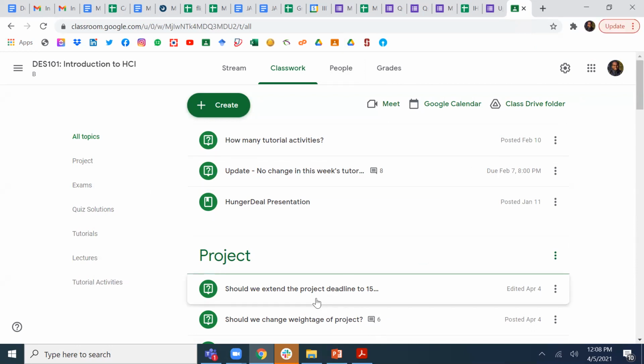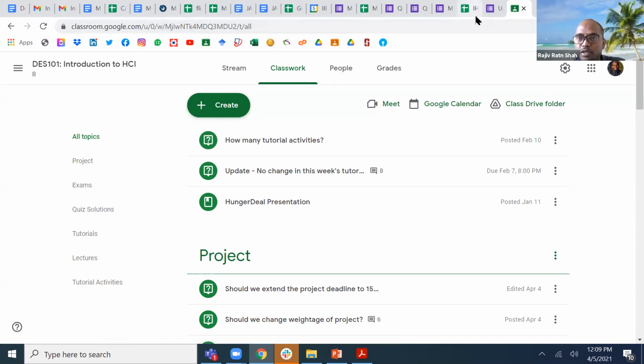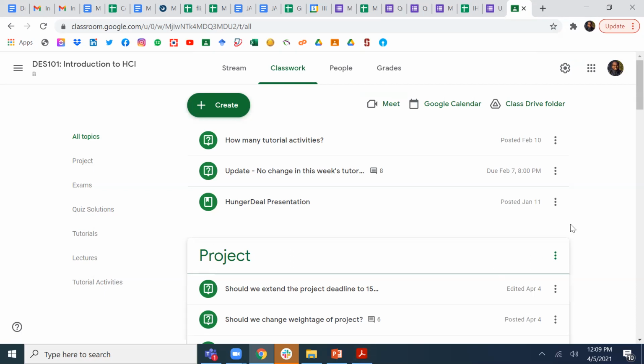So will there be a tutorial today? There will be a tutorial today. I need to check with the TAs, but yeah, it should be. What I will do, I will ask a TA to be there at least. So if you have any questions or doubts, because we are not going to cover new details, since we have mostly covered everything, right? You can discuss whatever project work you have done, and if you have any doubts on the part you have completed, or something that needs to be added, you can do so.